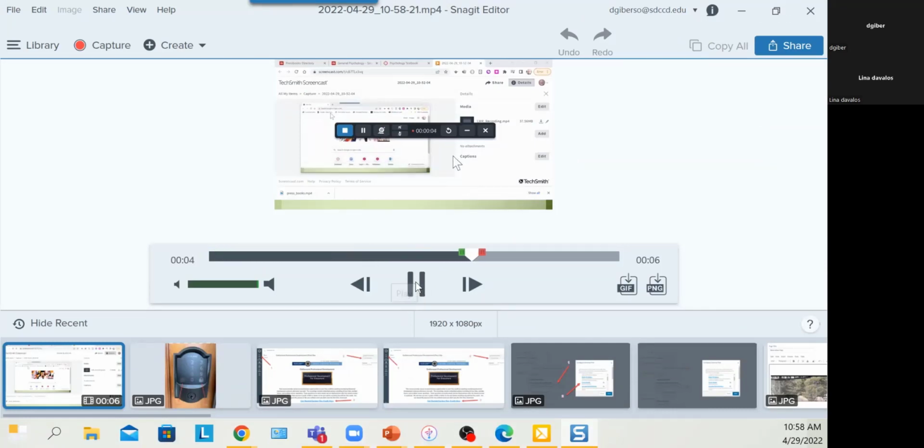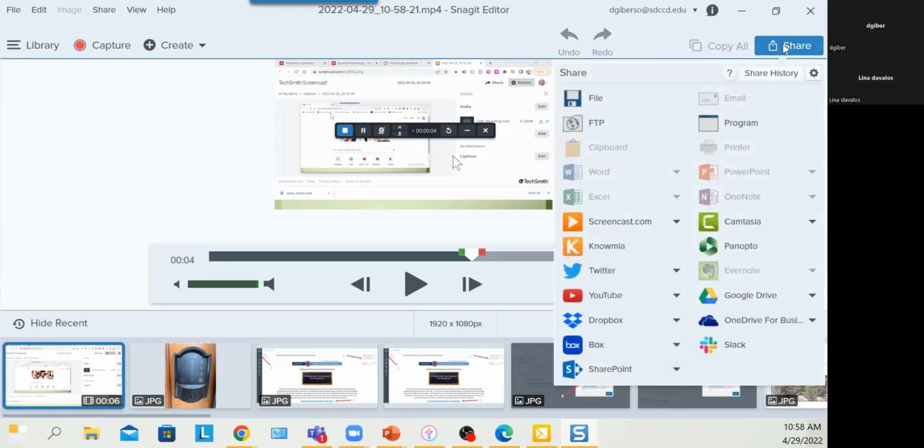Oops, I forgot to check which microphone I was using. I was apparently using something that was turned off, so I didn't get any audio there, but it's no big deal. And now, assuming everything looks good, this one I would obviously redo and make sure that I got the audio. And then I can click the share button up here, and I can put this video in a bewildering